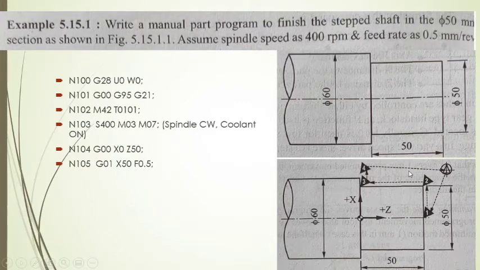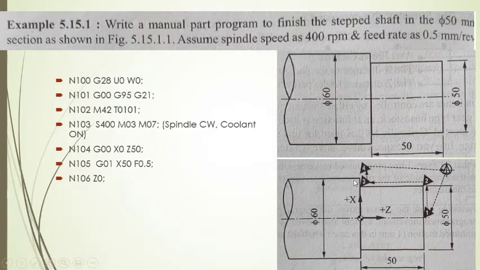Later, the tool will move from position number 2 to position number 3, and the tool is moving only in z direction, and the final coordinate for z will be 0, because at this particular location z becomes 0. That is why that can be specified just by using Z0. Now the tool needs to move in the direction from 3 to 4. That needs movement only in x direction. That is why only the x coordinate needs to be specified.